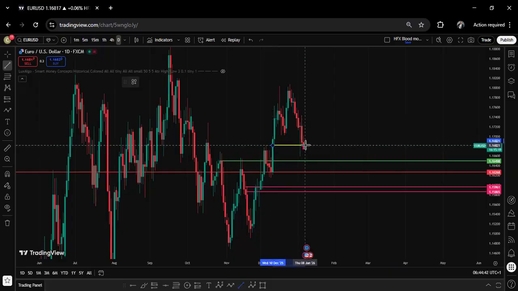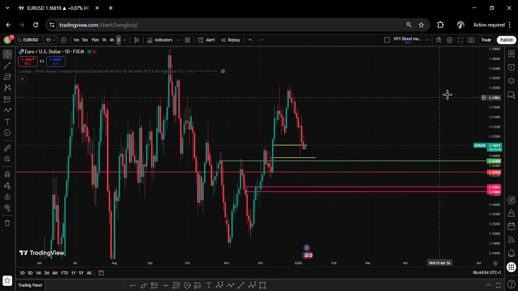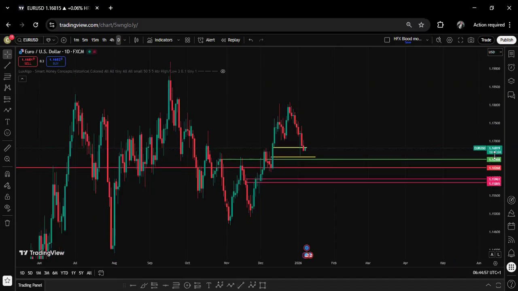All right, we have this. The market's coming back down to balance out a reaction before going up, right? So if I'm considering a buy, yeah, this is actually a very good point to take my buy. If I'm a swing trader, I'll take a buy right here. My TP, of course, this high, and I'll allow it to run. My SL will be way, way below